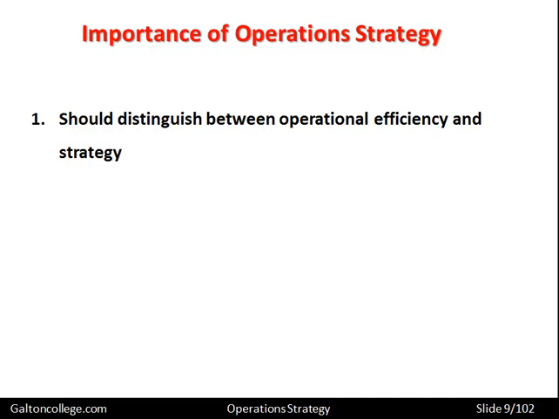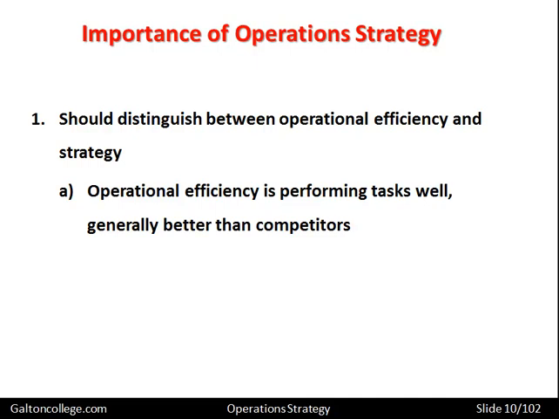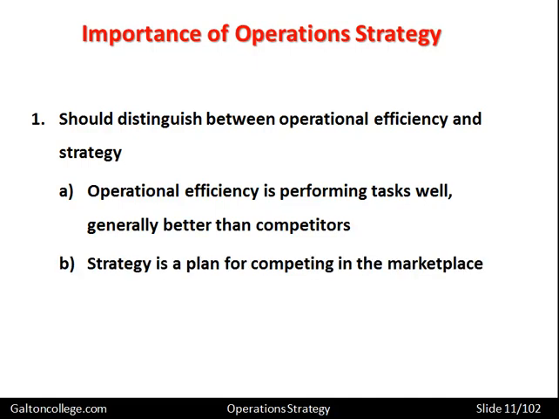But operational efficiency is the extent to which it performs these functions with minimal resources, or with the efficient use of resources. So efficiency and strategy needs to be distinguished. Operational efficiency is performing tasks well. Generally, they should be performed better than the competitors. If the business is going to exist, if it's going to survive, the business should be more efficient than the competitors. Whereas strategy, as I said earlier, is the plan for